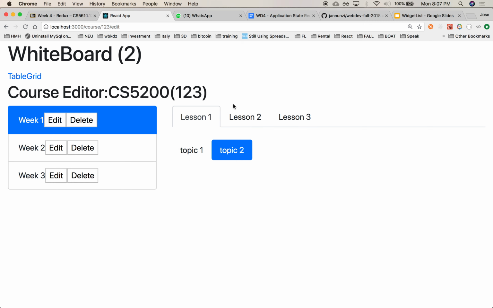So let's first create a widget list. This widget list might look something like this. This is a widget list component. And this might look something like this, where you have import React from React. Yes? And you have a constant widget list that takes as argument some list of widgets, which we then want